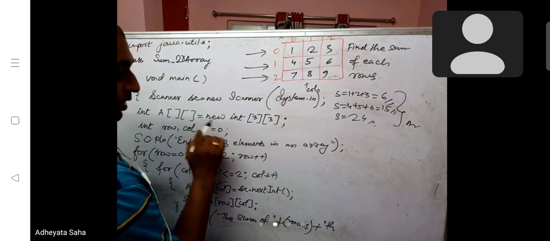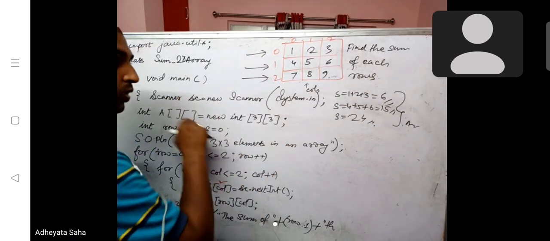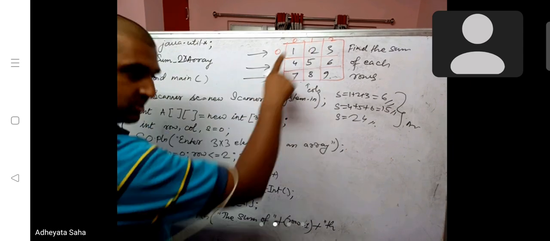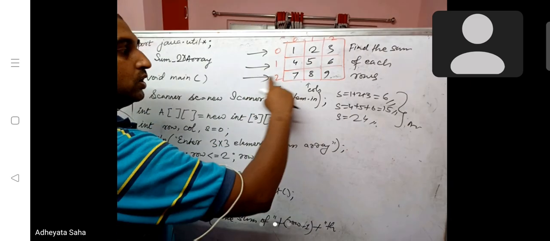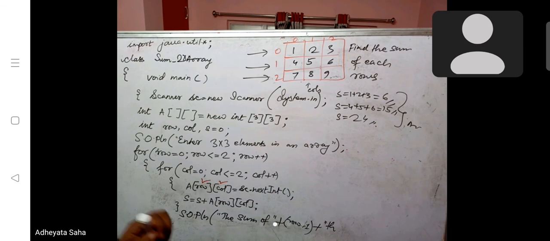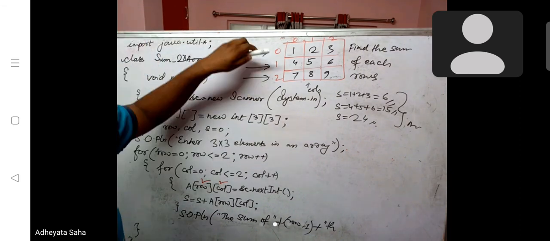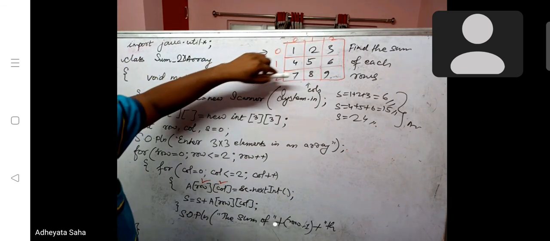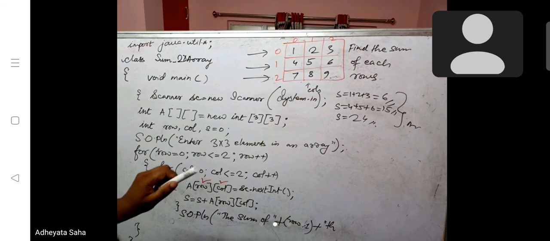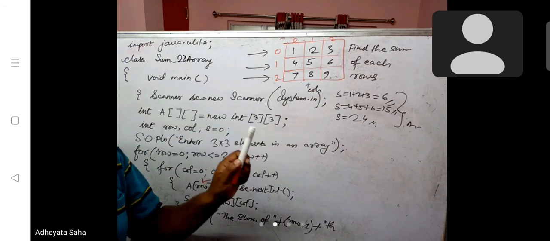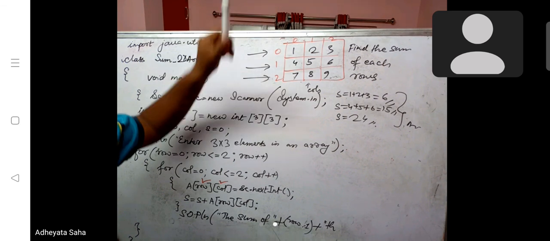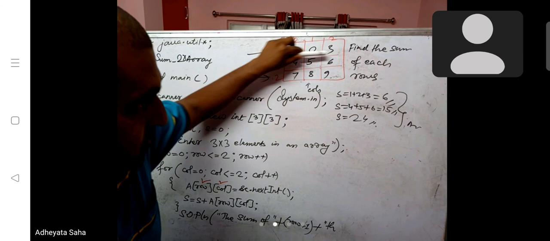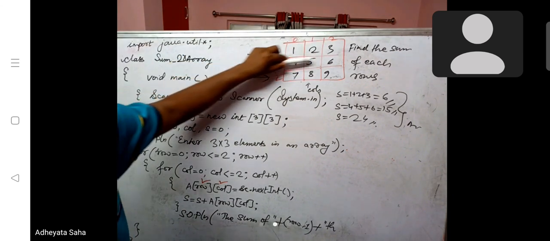As we know the value of row is 0, but when we human beings count, we say this is the first row, this is the second row, this is the third row, right? Yes. But when we talk about an array, its position begins from 0. So we call it the 0th row, first row, second row.